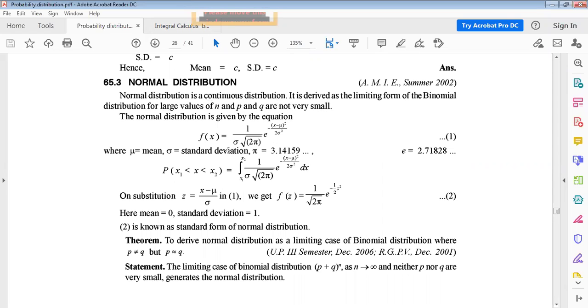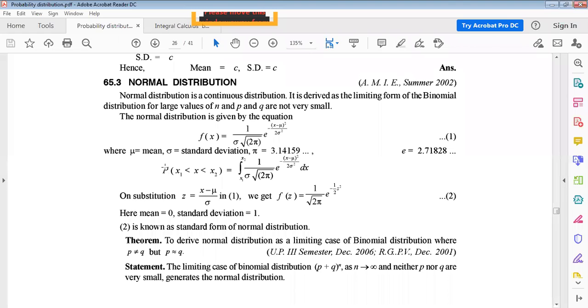The normal distribution is given by the equation f(x) equals 1 divided by sigma root 2 pi, times e to the power minus (x minus mu) whole square divided by 2 sigma square. This is the probability density function for the normal distribution. Remember it; you have to remember this equation. This whole expression represents the normal distribution, where mu equals the mean, sigma equals the standard deviation, and pi equals